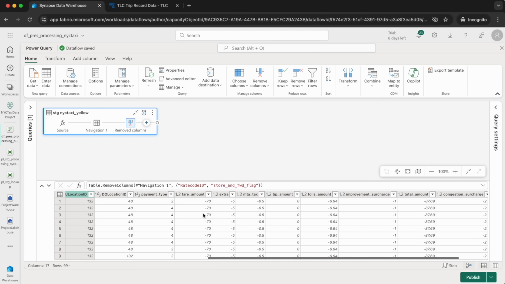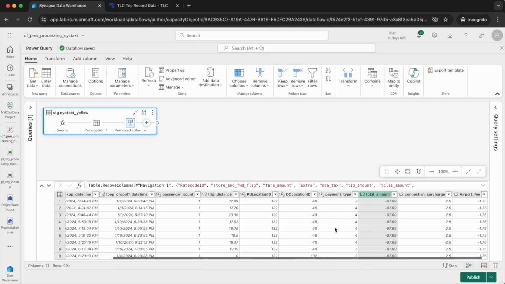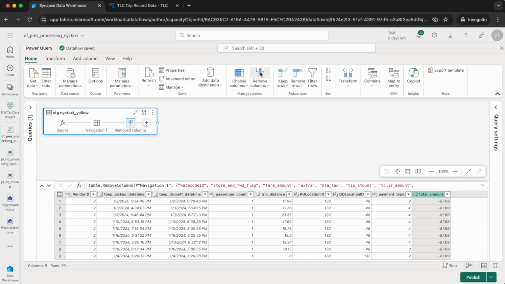Similarly, if I go across the side, I won't be using the fare amount up to the improvement surcharge. So remove those columns. I also want to remove this congestion surcharge and airport fee. So remove those. So this vendor ID column contains either 1 or 2, but instead I want to create a